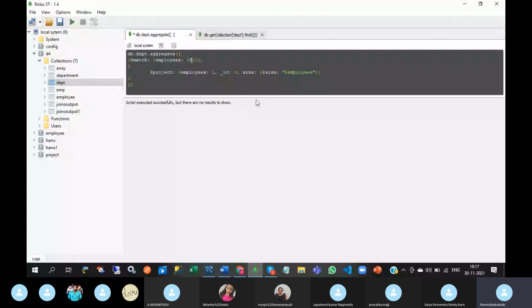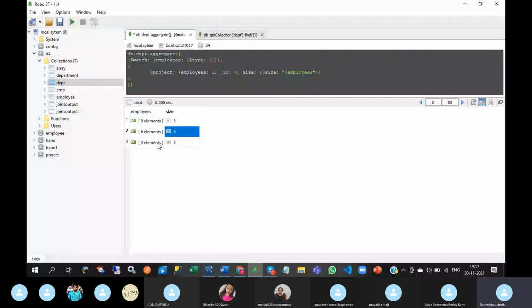Now it will work. See this. So in employees array, size is 5. In second document, 6, 3. See this count is equal. So that is size.